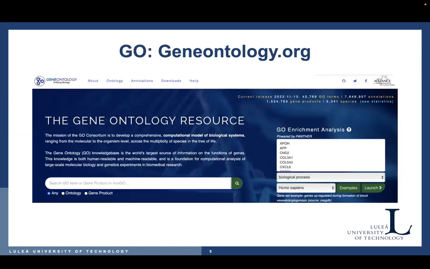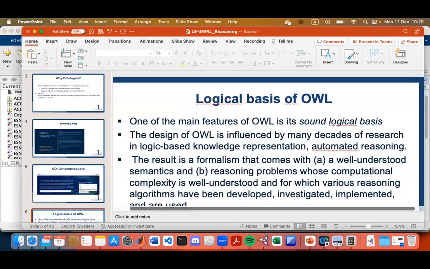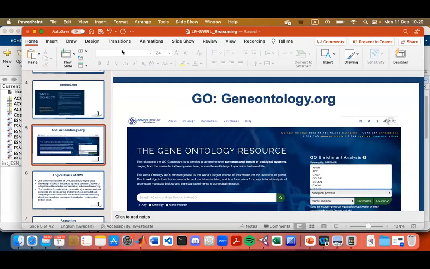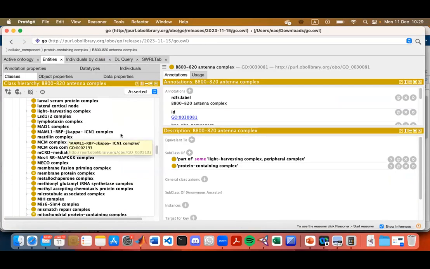Talking about genes, this is yet another ontology, GO, geneontology.org, with a comprehensive description of all the genes and so on. Just before the class, I downloaded this gene ontology.